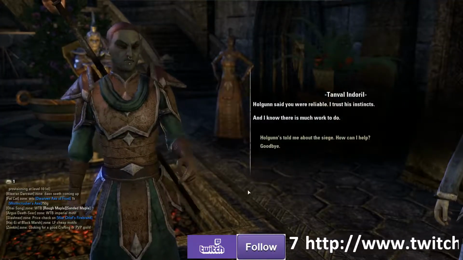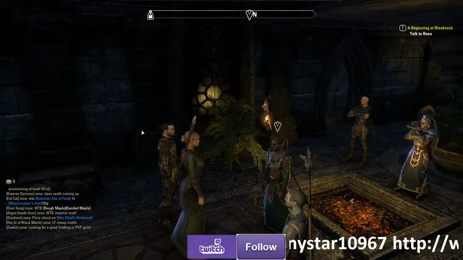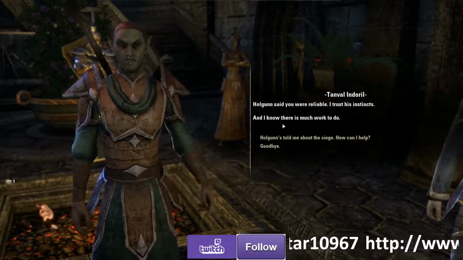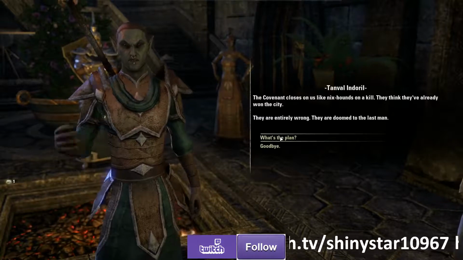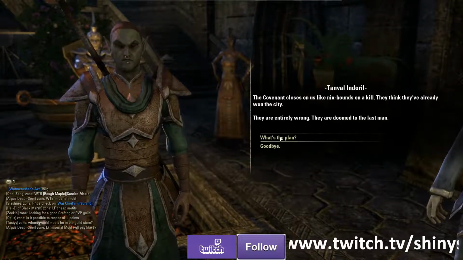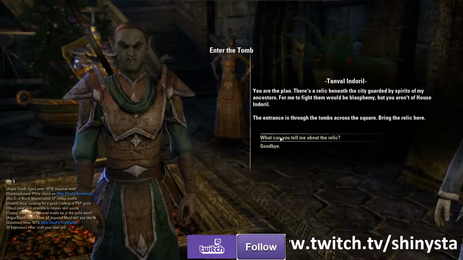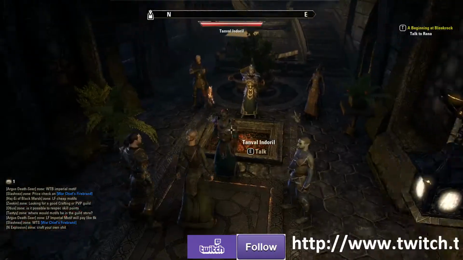Holgen said you were reliable. Oops. Sorry, hold on here real quick. Okay. Holgen said you were reliable. I trust his instincts, and I know there is much work to do. The Covenant closes on us like hounds on a kill. They think they've already won the city. You are the plan. There's a relic beneath the city, guarded by spirits of my ancestors. For me to fight them would be blasphemy, but you need to bring it. I tried to reason...